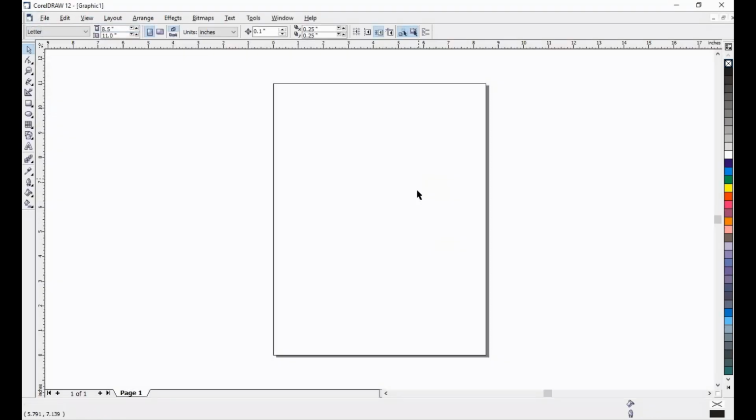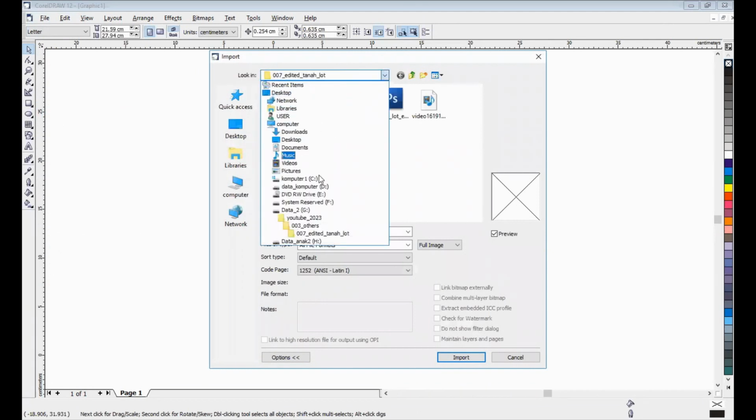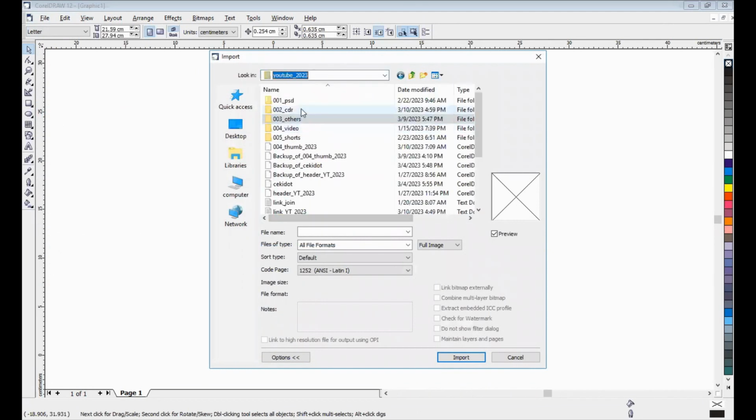Okay, that's our workspace. Now I set the unit to centimeter. Yeah, the example now we want to create